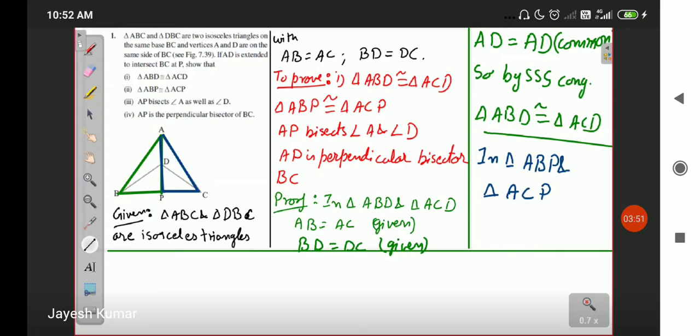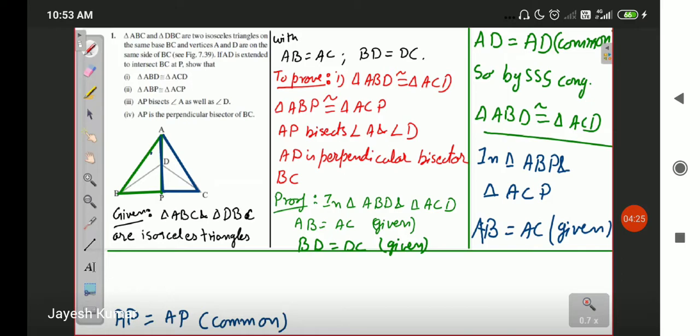Why so? See, in both the triangles, first of all, length AB and AC are equal. AB is equal to AC. Once again, it is already given to us. Secondly, AP is a common line. AP is equal to AP. It is a common line. And thirdly, you can see that this part of angle A and this part of angle A are also equal. Angle BAP is equal to angle